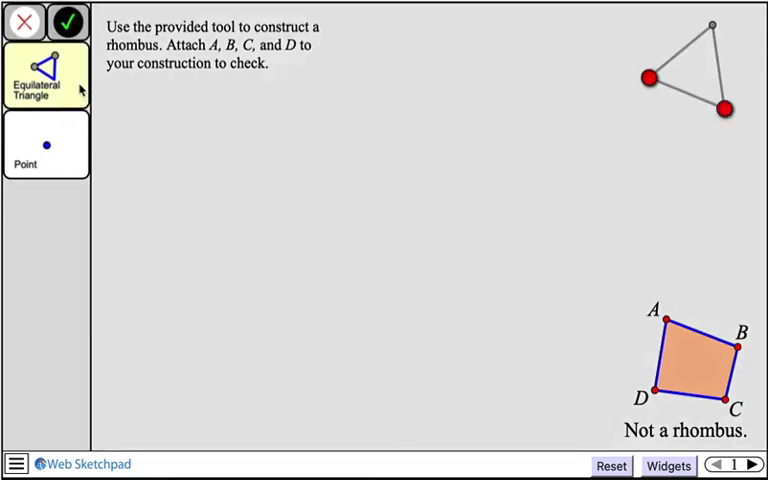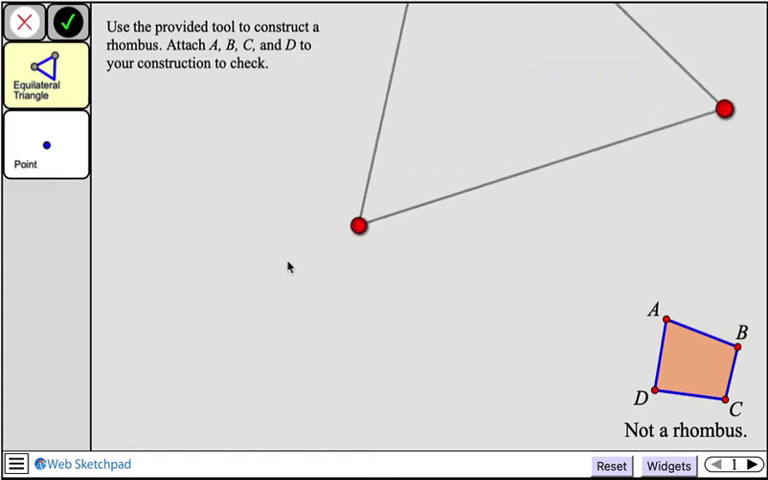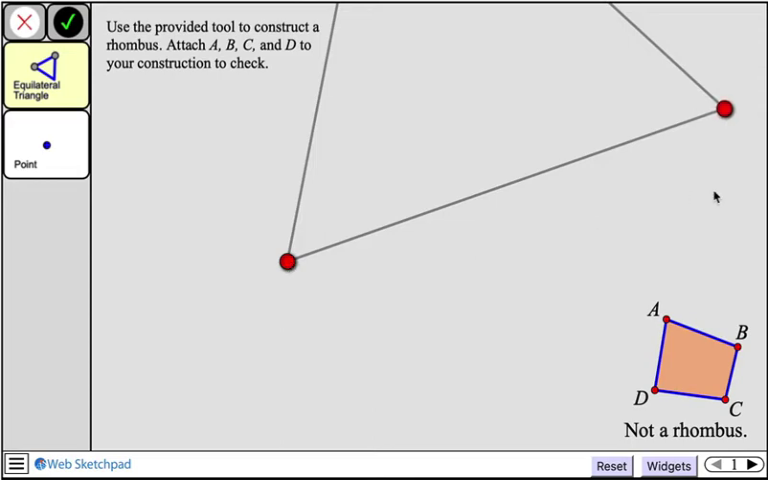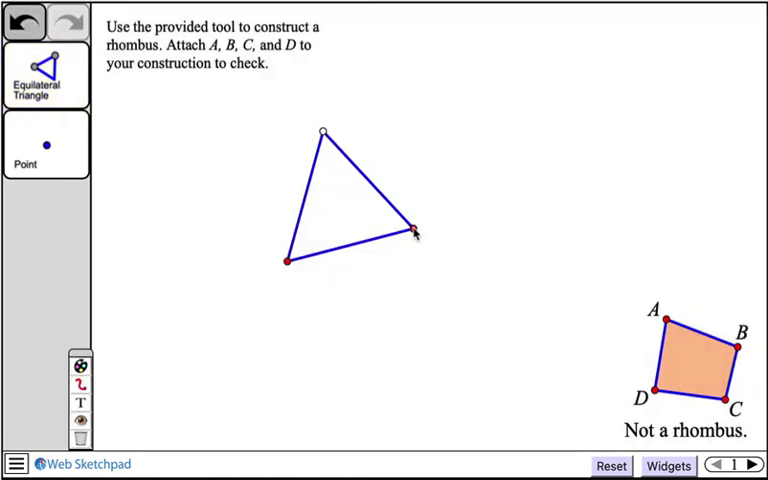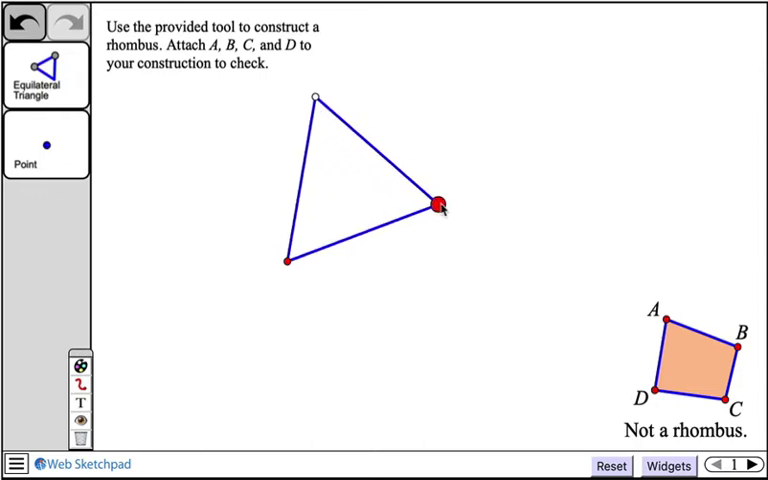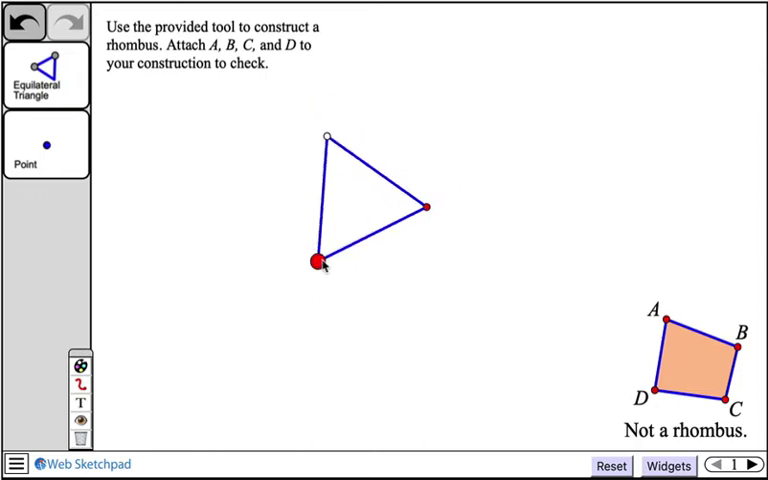I'll tap the tool icon, and I see a preview of the equilateral triangle that I'm about to construct. One of its vertices is glowing, indicating that I should place it somewhere. So I'll just tap here to place that vertex. Now the other vertex is glowing, and I'll tap, say, here to place it. And my tool is complete. I now have an equilateral triangle, and if I drag either of these red points, I can change its size